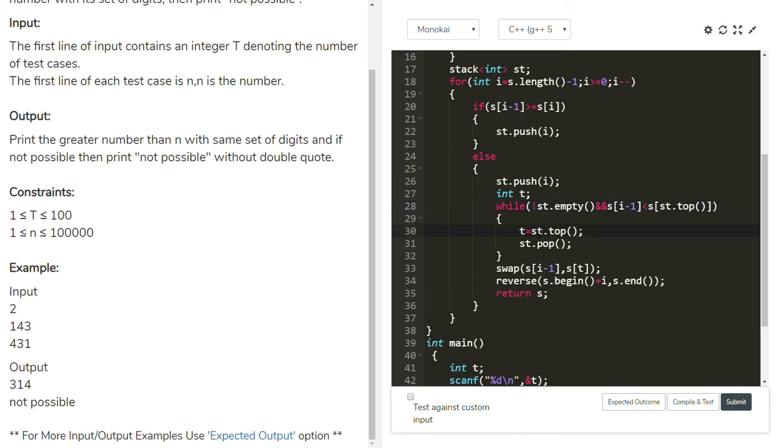Then t equals st top, t value 1. Stack popped, index 1 is popped out.